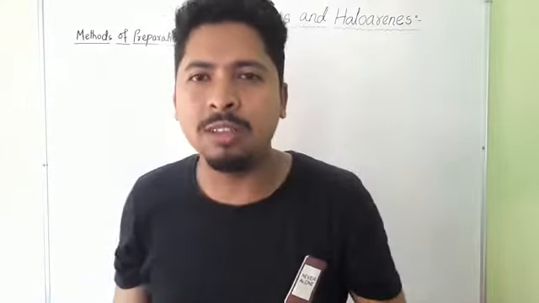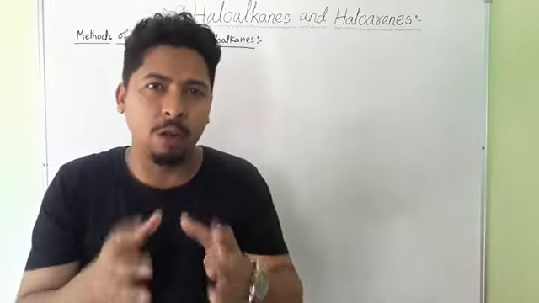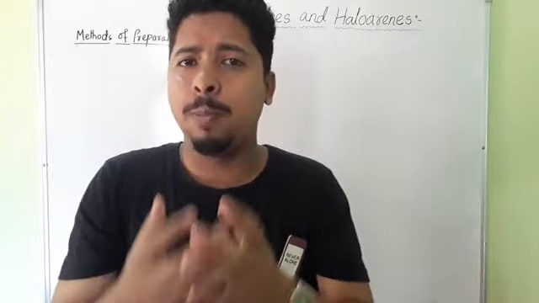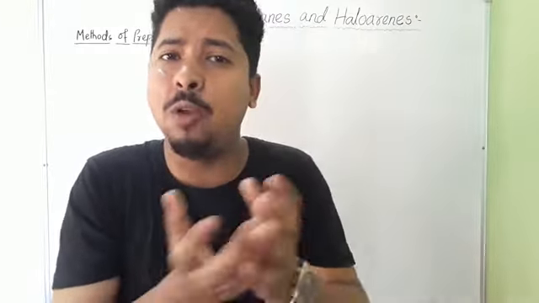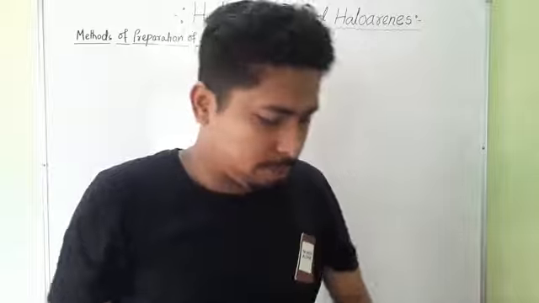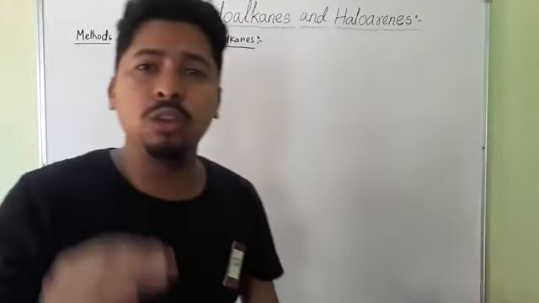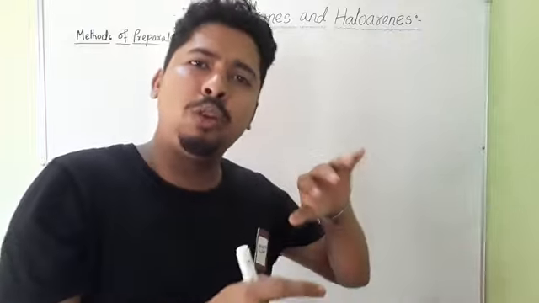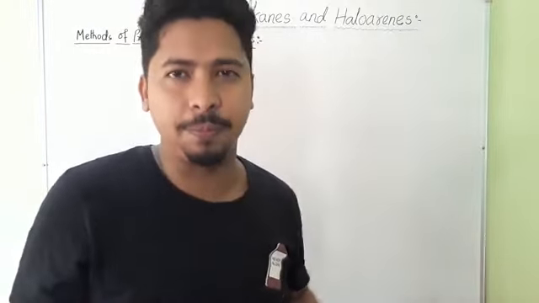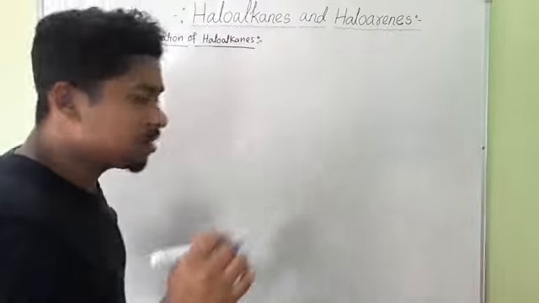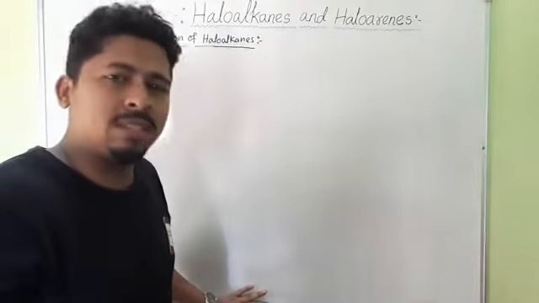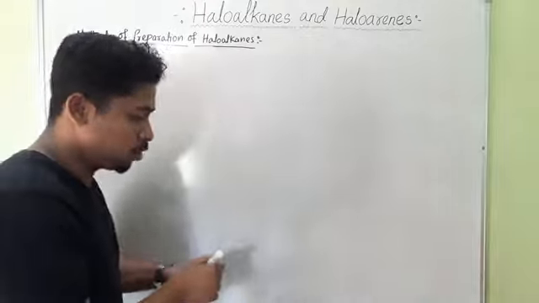And lastly, we discussed the methods of preparation of haloalkanes from alcohol. From alcohol, we can conveniently synthesize these haloalkanes. We have seen that when alcohols are treated with halogen acid, suppose HCl, HBr, HI, it will produce the corresponding haloalkane. In our last class, we already discussed this reaction with the proper mechanism. Now, once again, I am writing this reaction. This is a reaction of alcohol.